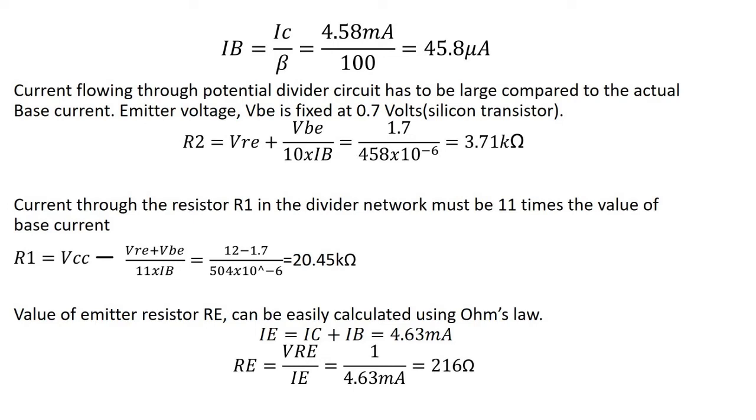The capacitor C1 and C2 will be used as a coupling capacitor in order to separate the AC signal from the DC bias voltage. We will be using 10 microfarad, and the value of CE is 1/10 value of the emitter resistor.